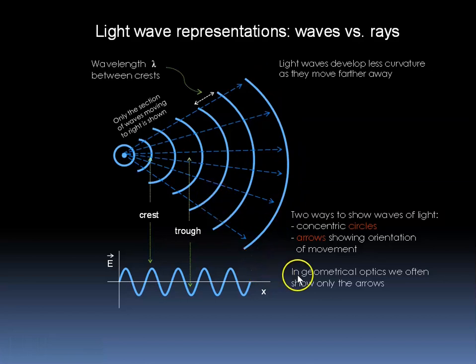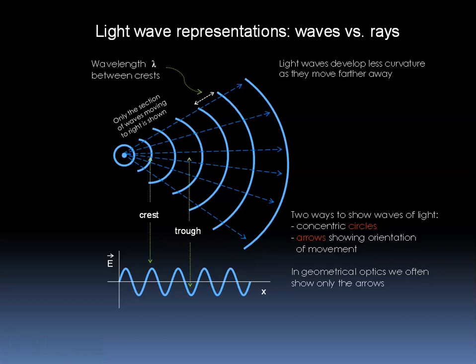In later slides, you will see that in geometrical optics, we often only show the arrows to represent the movement of the waves. We show only the arrows because they are more convenient for calculating certain numbers like object image size and magnification and divergence and so on,